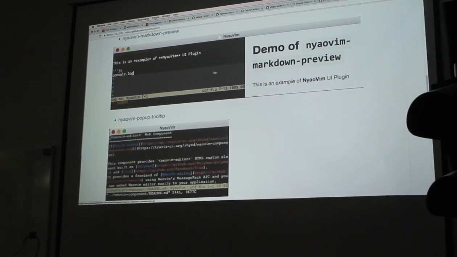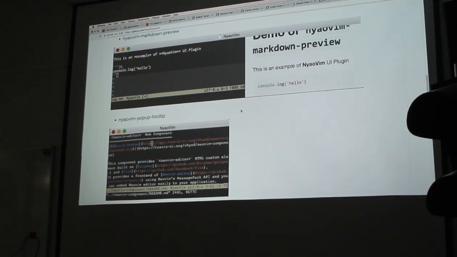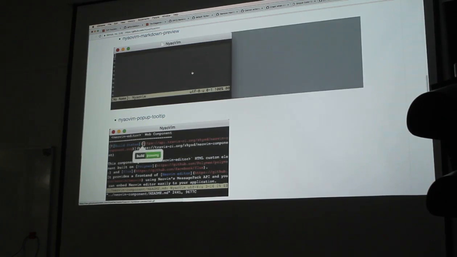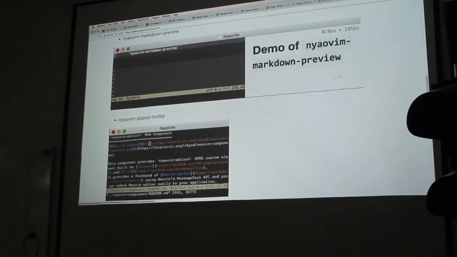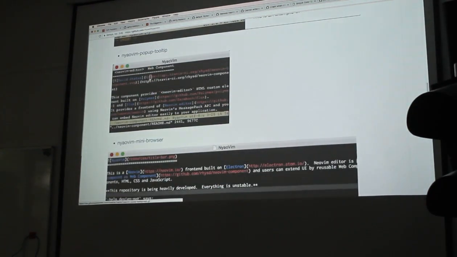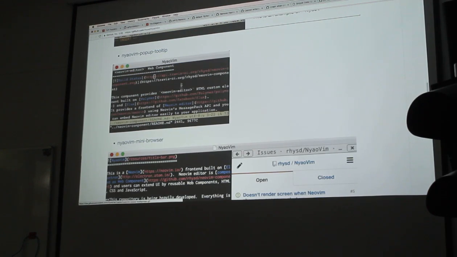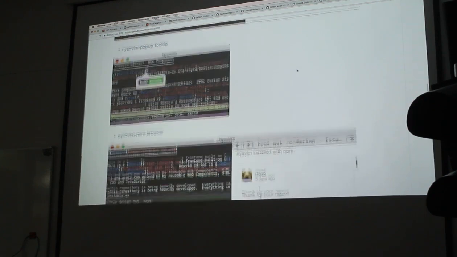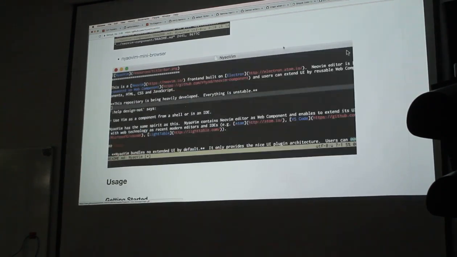This is a canvas element in an Electron process that is drawn using the Electron API. And it's just drawing screen state that it requested from the Neovim process. And then in the same Electron process, it has these other widgets that can work with the editor. So here it's showing you that you can have hover elements. These are HTML hover elements shown over the Neovim screen. There's a browser. Sure, why not?